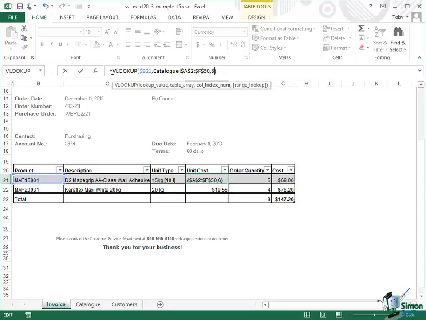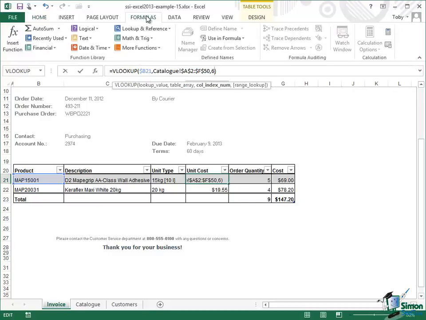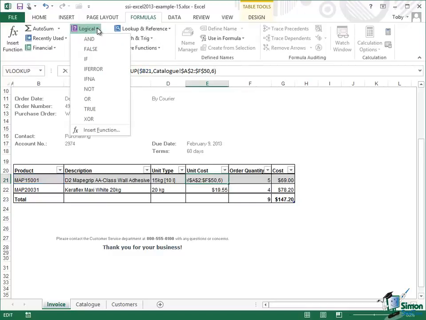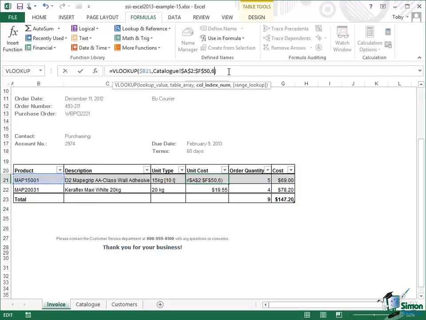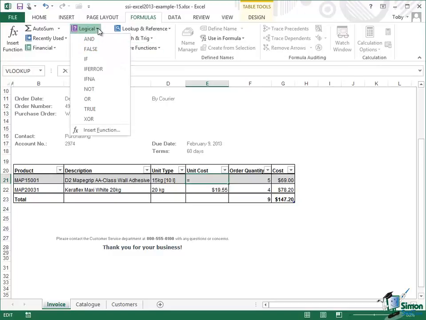Now the way we structure this in Excel 2013 is in the Formulas tab, in the Logical group. Again, there's a few functions. The one we're going to use is the IF function. Before I use the IF function, I'm just going to copy this VLOOKUP statement to the clipboard with a Control-C. I'm then going to delete it for the moment, and I'm going to choose a logical IF